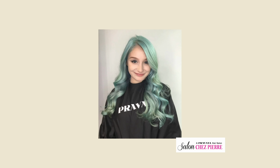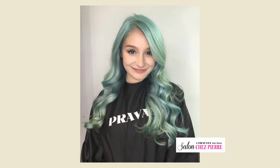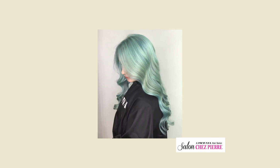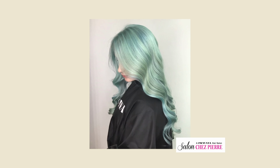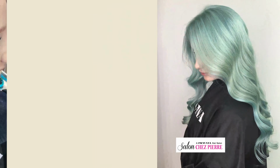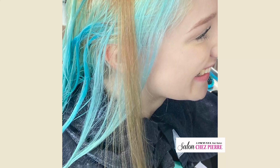So the last thing that I want to show you of Abby's work was when this young lady came in August of 2019 wanting kind of a mint color greenish blue hair, which is what Abby performed here for her. And as you can see, this is what it looks like curled. Beautiful, isn't it? However, this faded, and now she was going to be Abby's model for a photo shoot. Abby turned the green hair into a light brown hair. May look easy, but was